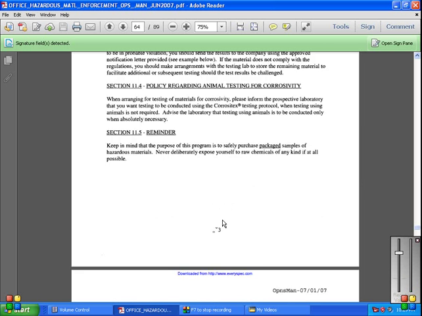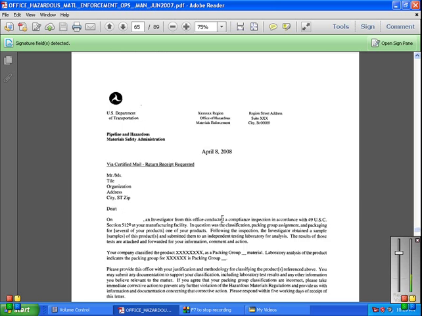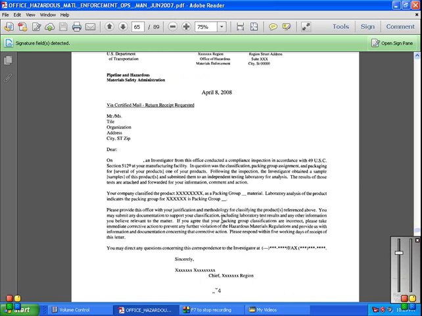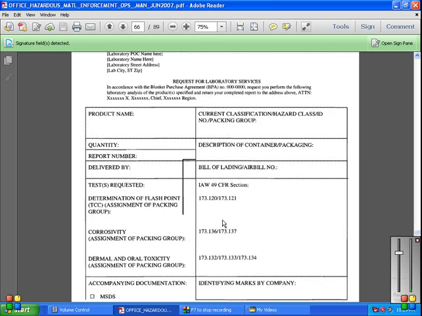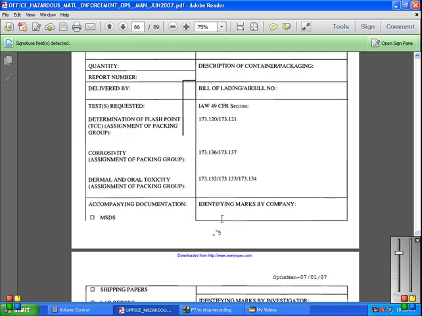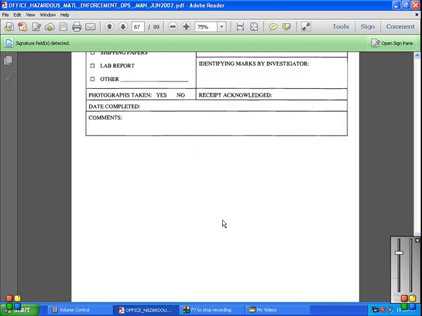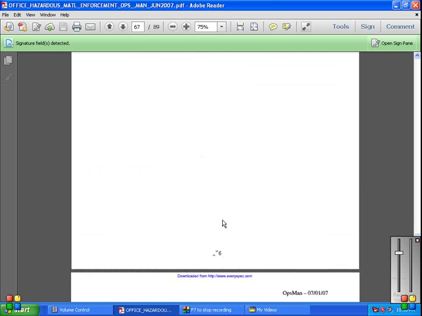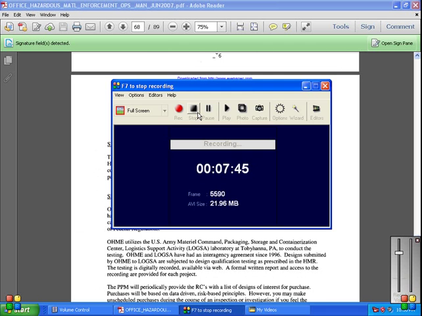Then you send a letter by certified mail, return receipt requested, with enclosures for the laboratory: a form with production names, a request for laboratory services, and the inspection form. Then it goes on to chapter 12, how to place an order on